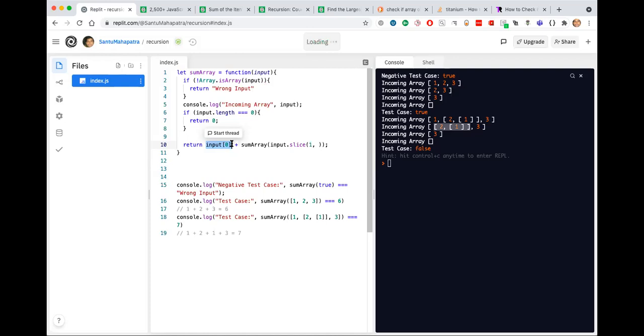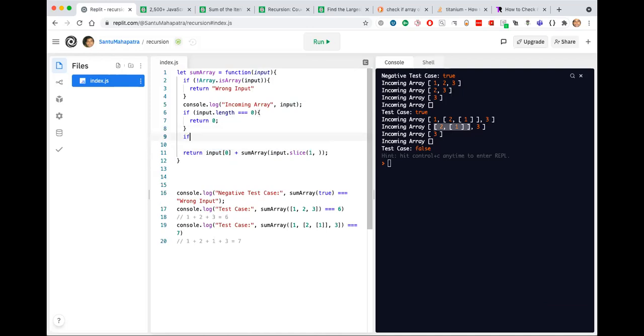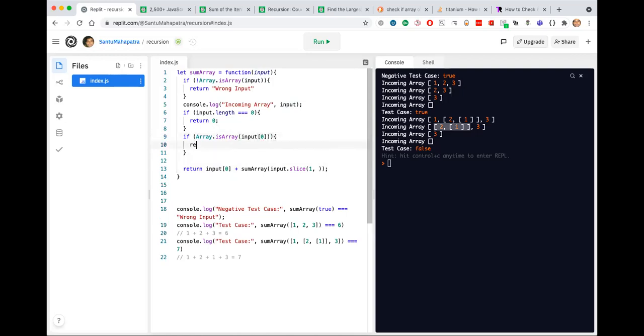So let's do that. Let's check if array dot is array, which is how we checked for array earlier. If the first element is an array, then return.